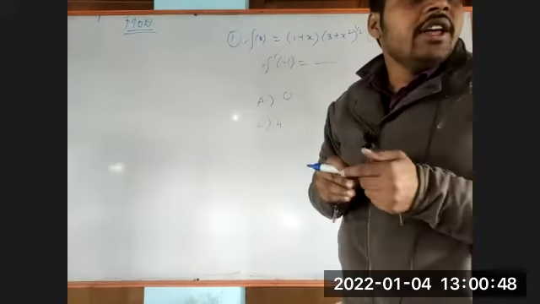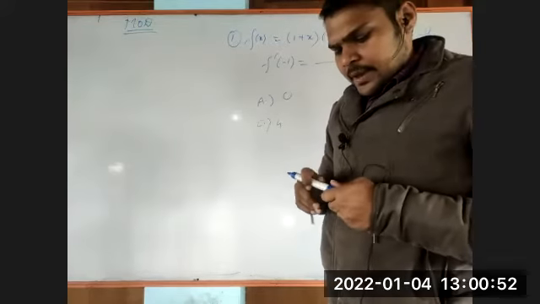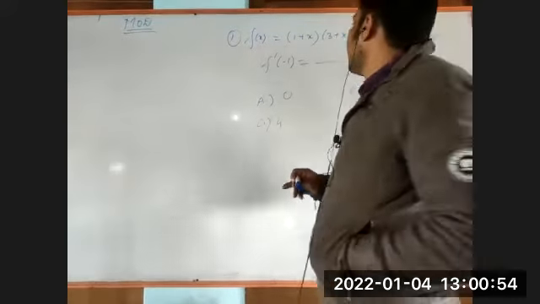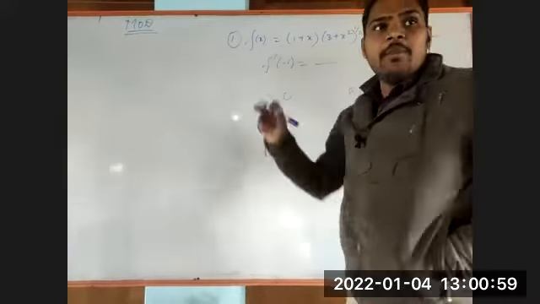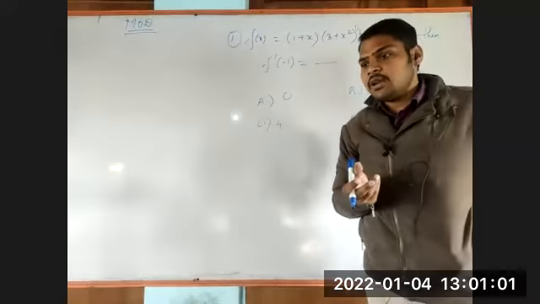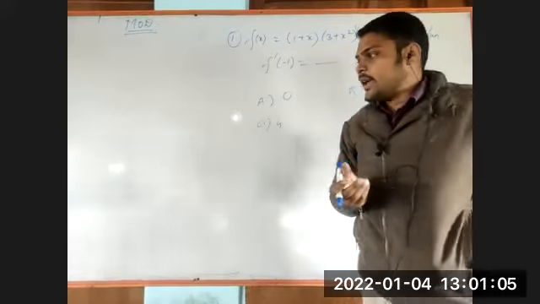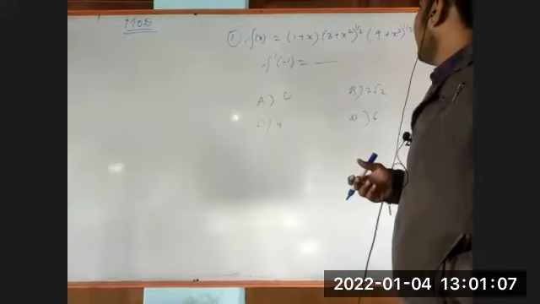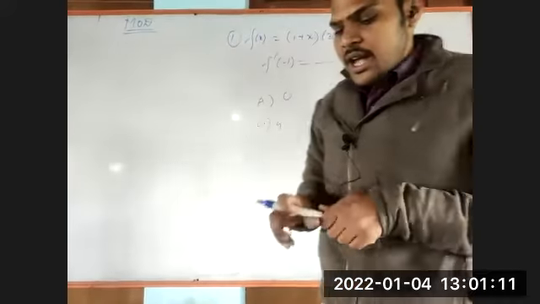Now here we need to apply our brain. You can apply the multiplication rule for three functions, since it is a product of three functions. Understood? That is one way. Another thing is that you can make this into two functions and proceed accordingly.